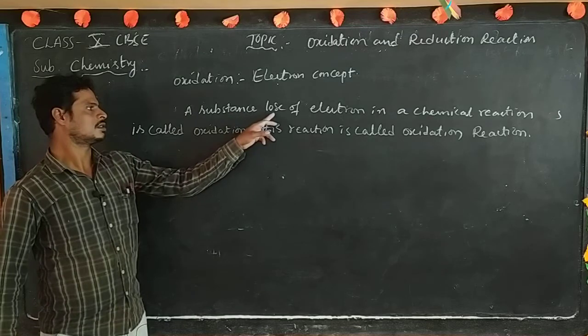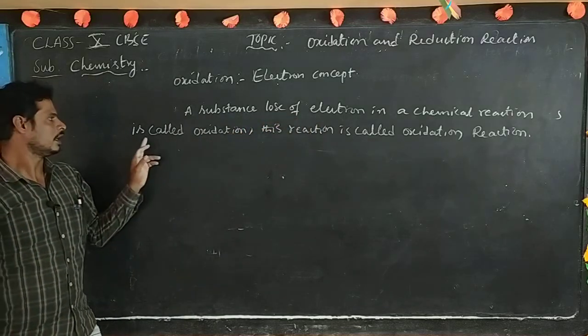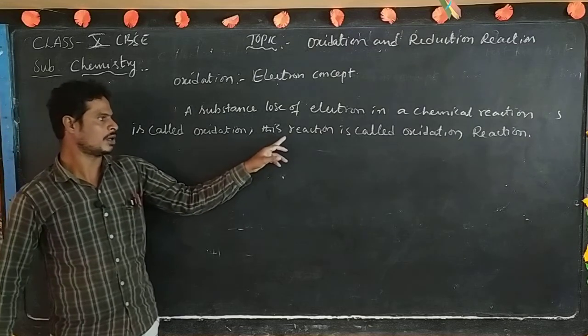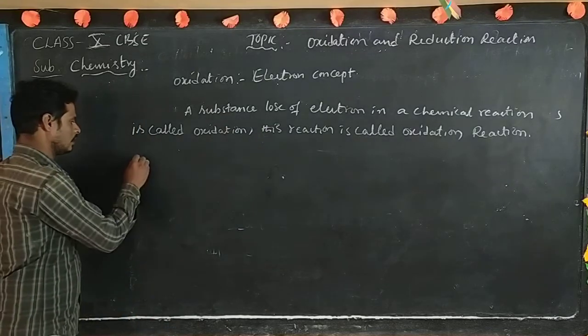A substance losing electrons in a chemical reaction is called oxidation. This process or reaction is called an oxidation reaction. Example,